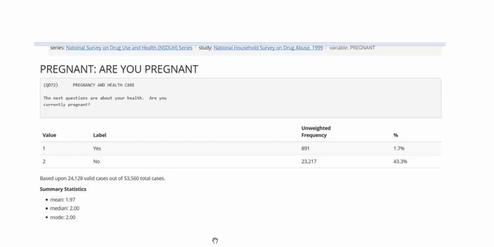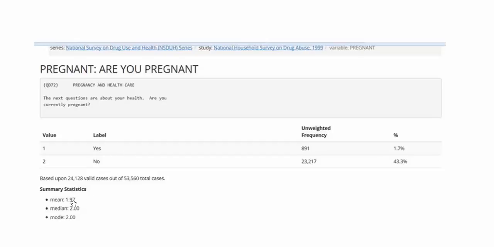What's very interesting in this report that's widely available online, and certainly was probably printed and passed around to a bunch of people, is they say the average was 1.97. So the average of the question, are you pregnant, is 1.97. This is silly. And here's the reason why this mean doesn't mean anything. Or another way of saying that is, this sample mean computed on this variable, are you pregnant, is uninterpretable.